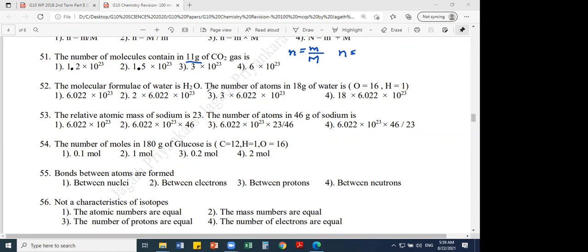No need to tell the entire answer. You can tell the answer is second, like that, so everyone can hear clearly. So the answer is second. Very good. Let's see the calculation now. Those who have not done, please look at this. 11 grams, the calculation is important.